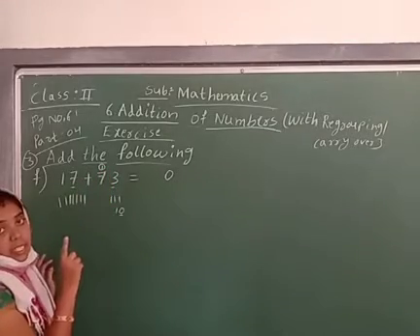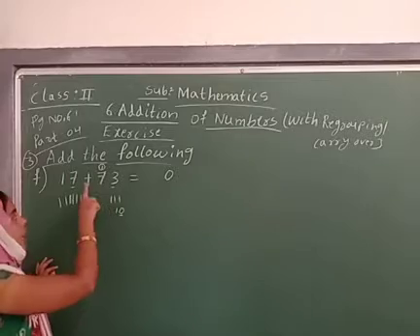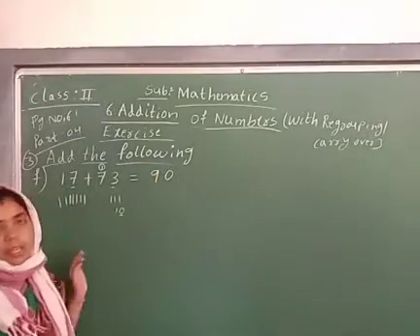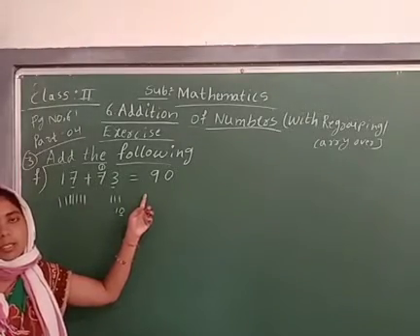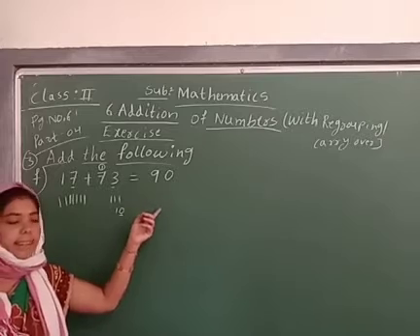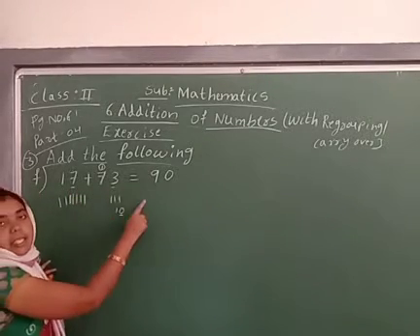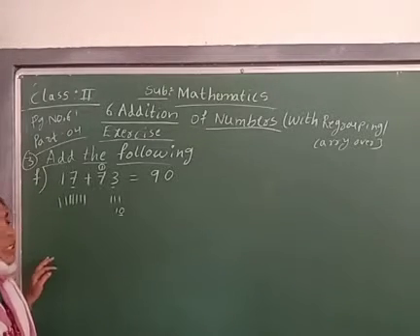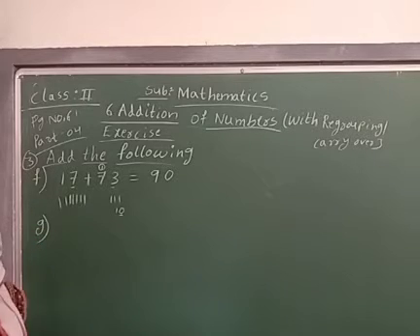The carry is also added, children. Do they have a carry? Yes. 1 plus 7, 8. 8 plus 1, 9. 9. So the number is 0 in 1's, 9 in 10's. What is this number? 90. So listen children, 17 plus 73 equals 90. Do you understand? So next one, G question.